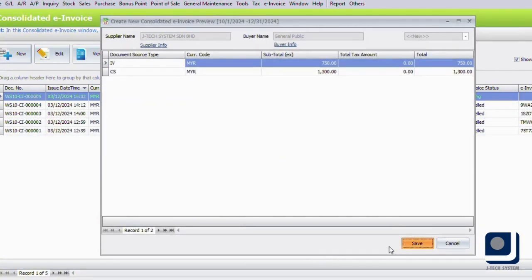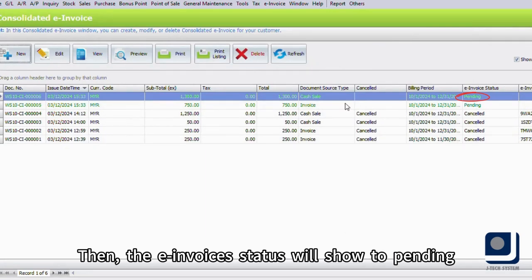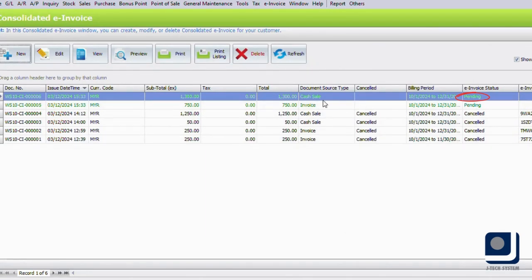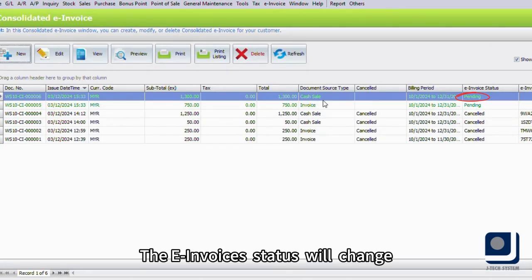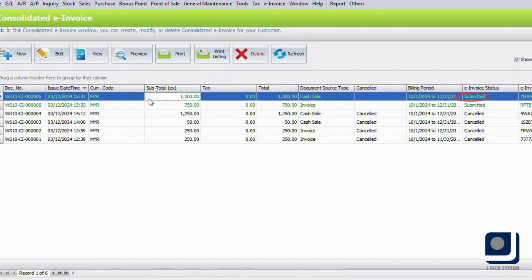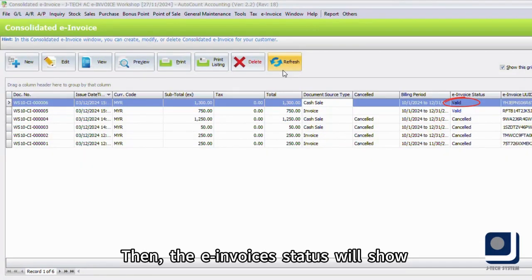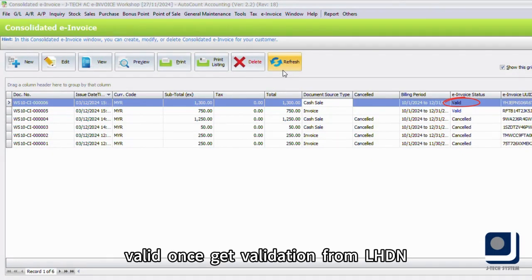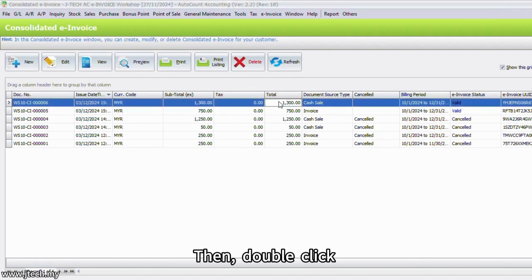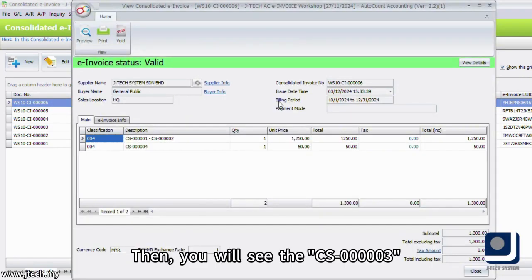Click Save. Then the e-invoice's status will show pending. The e-invoice's status will change to submitted after a few seconds. Then the e-invoice's status will show valid once it gets validation from LHDN. Then double-click. Then you will see the